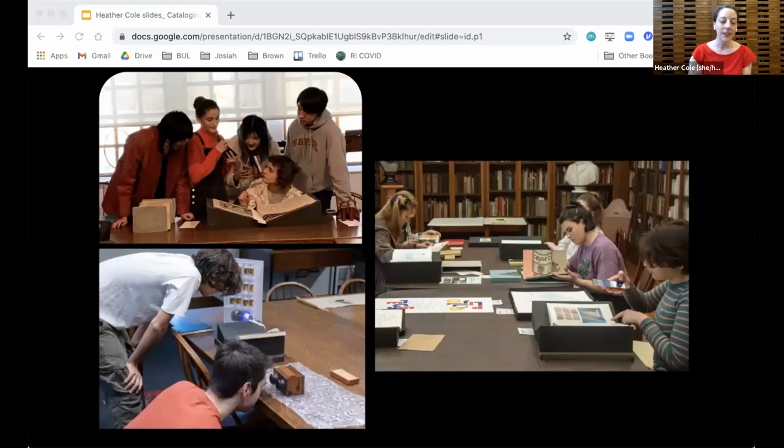While hundreds of students visit Brown's John Hay Library each year for classes, students don't often return to the library, and their engagement with collections tends to begin and end with those one-hour sessions. I wanted to find a way to increase student use of our collections while also demonstrating how material can be used in innovative and inspiring ways.